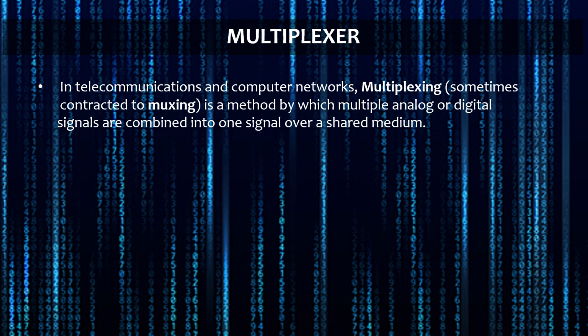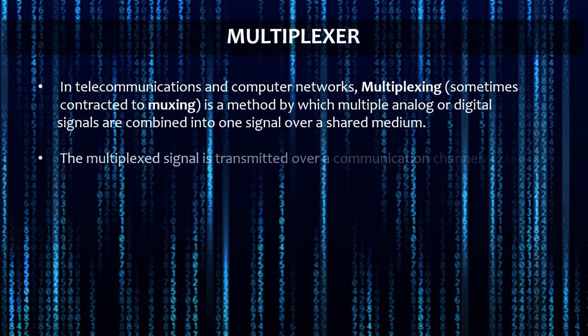Now we know this, right? Because we have already seen the example of Yahoo and Outlook in the previous slide, how the multiplexer combines all the signals together, wraps all the data, and all the data packets travel through a single communication channel and reach the destination, right? So these data packets are nothing but signals, and all share the same, single medium. So this is the normal idea about multiplexing.